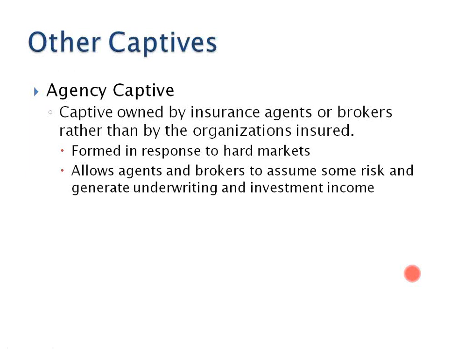And then you have an agency captive. An agency captive is owned by the insurance agents or brokers rather than by the organizations insured. The idea here, as it indicates in the book, is that it's formed in response to hard markets and allows agents and brokers to assume some risk and generate underwriting investment income. So if I'm a big broker or an insurance agent or insurance company, in some cases I may form, in this case maybe more of an independent broker,